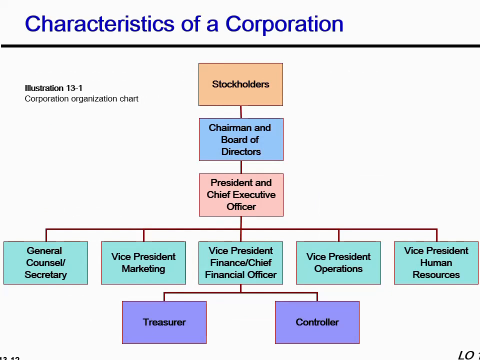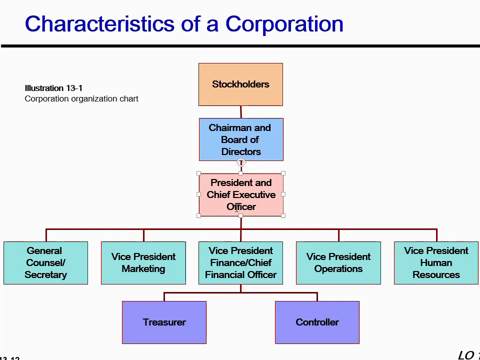Let's see how the structure of the management hierarchy looks like in case of corporation. So owners, stockholders, shareholders, they are at the top of the hierarchy. Then, because they don't manage the business actively, some of their representatives are the members of the board of directors, or you can say a team of the stockholders along with others. They are the members of the board of directors, and from those board of directors, one person is serving as chairman. Then under the board of directors, they have president or CEO, chief executive officer of the company.